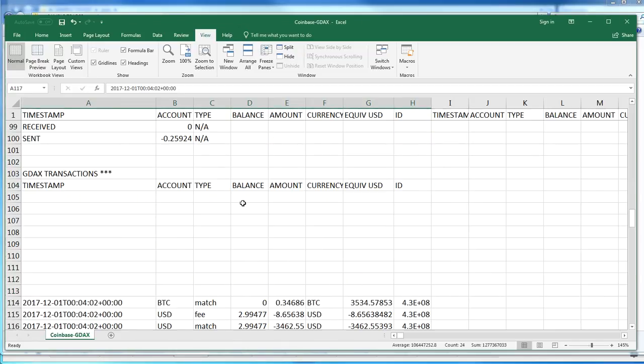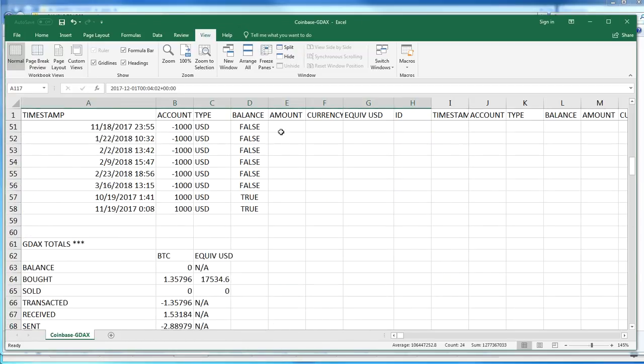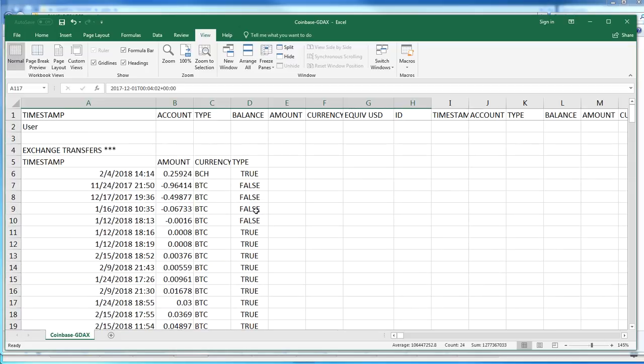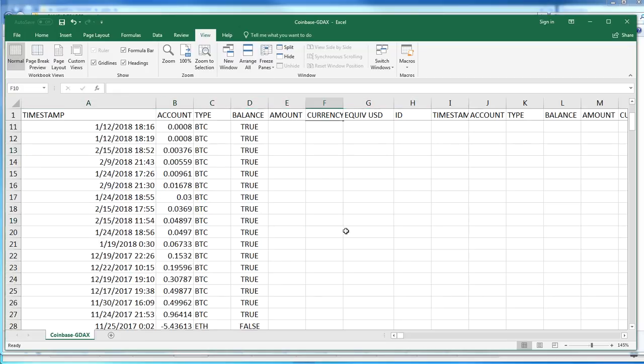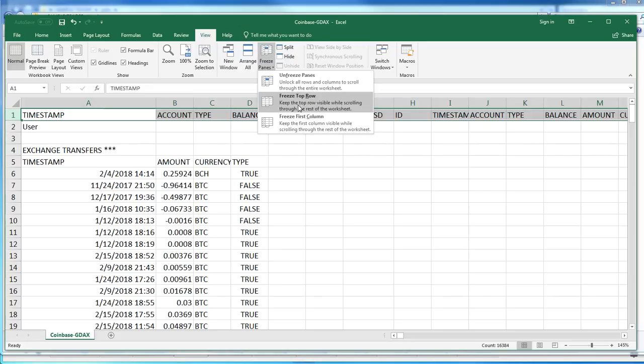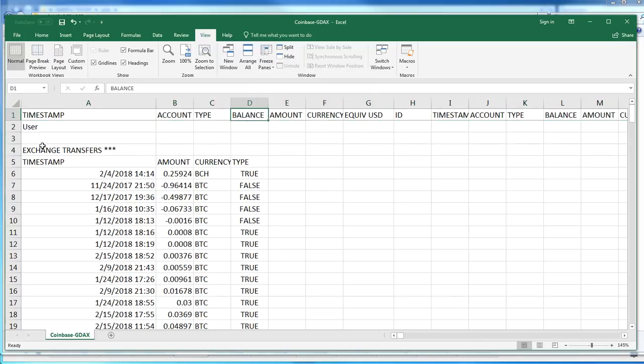Okay, now we're going to work on the Gdax export from Coinbase. This is not the ones you can download per account from Gdax. This is the total trade history straight from Coinbase, and I believe it's the best report. I copied a row from below to row 1, which I'll show you where that was. And then I went to View, and I froze the top so that I can keep this important row up